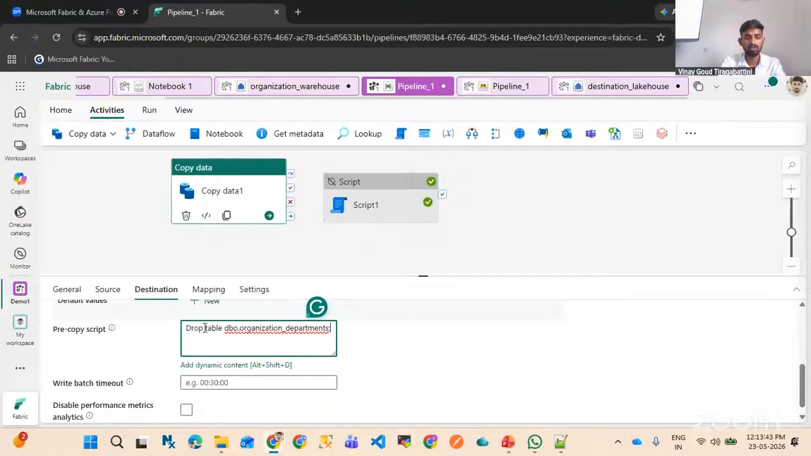Instead of that, we'll use delete from, which will delete the data from that table, the entire data from the table. So we can use this kind of script, or let's say you are migrating the data incrementally, like let's